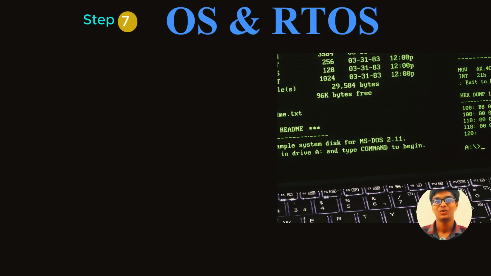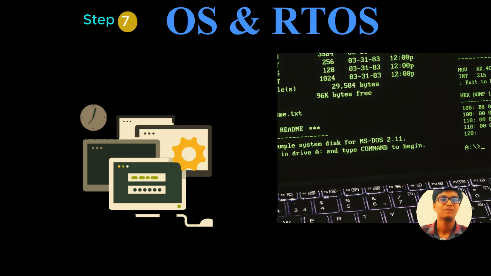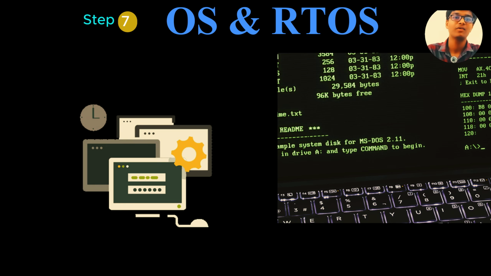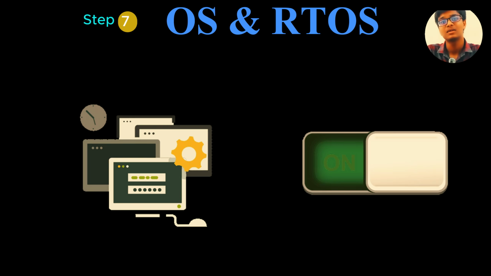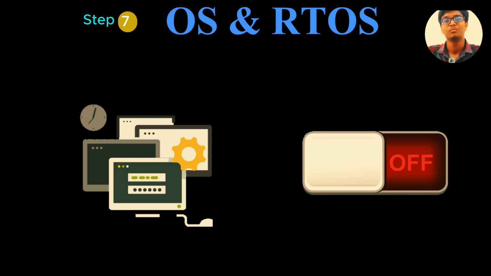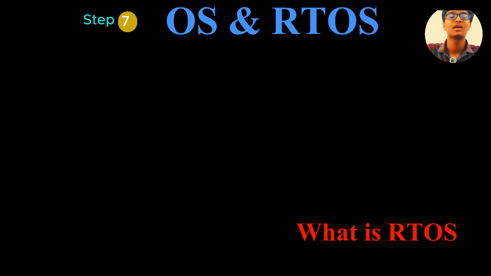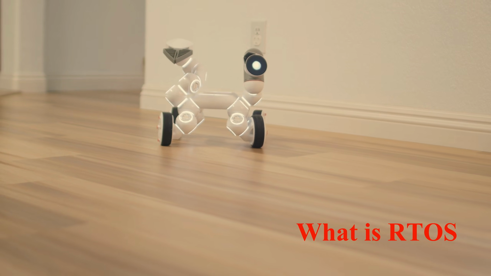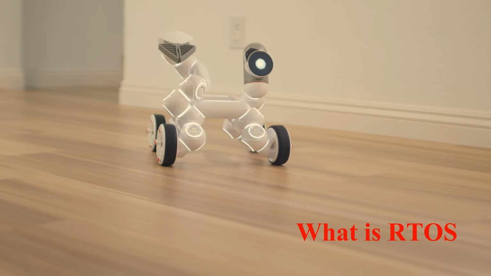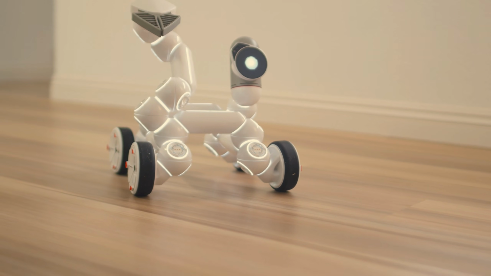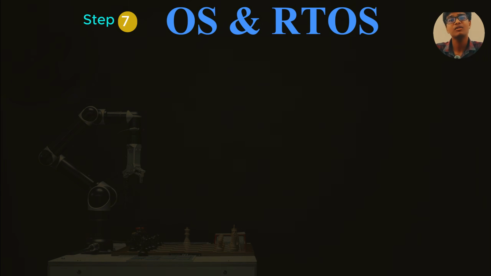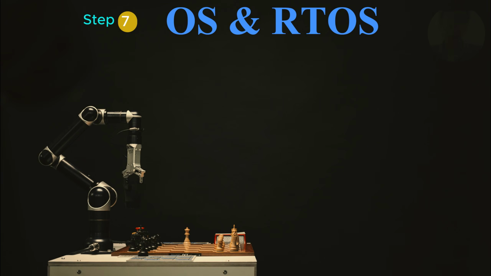Step 7. OS and RTOS. What is an OS? OS provides the interaction between software and hardware. OS systematically controls the tasks and manages the tasks for a safe encryption of the memory. And what is an RTOS? RTOS is a real-time operating system. You can find them in the real-time systems. Since real-time systems work with precision with no time, RTOS is focused mainly on the scheduling of tasks. RTOS schedules the task with priority and criticality of the tasks.